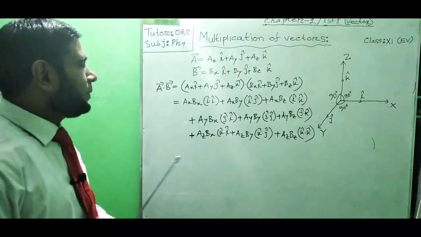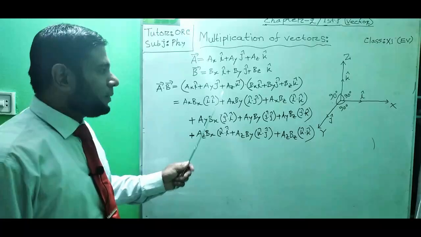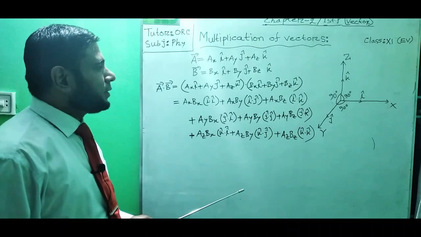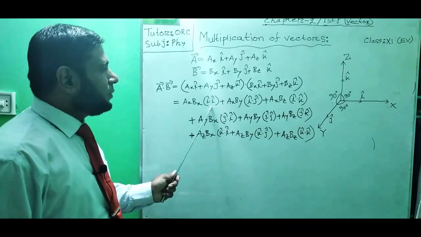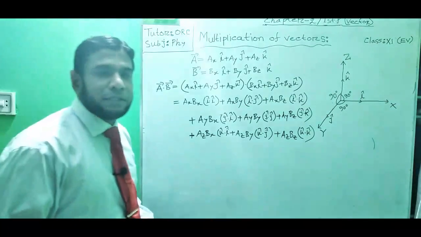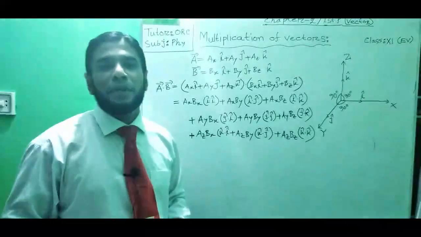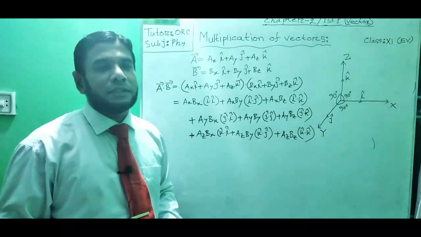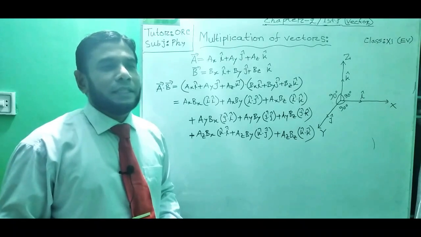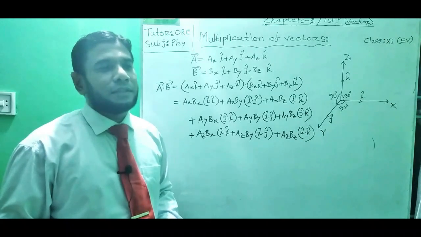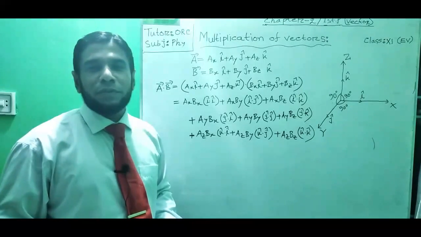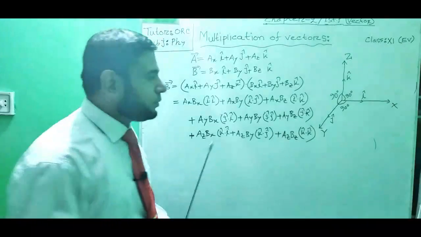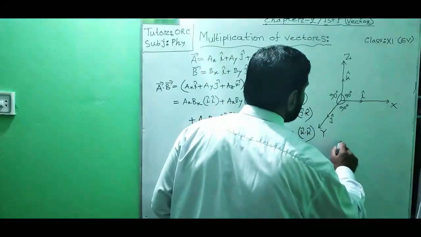So I have already multiplied according to the normal law of multiplication. Now we will substitute the resultant of the dot product of the unit vectors here. We know from our previous lesson that when we multiply the unit vectors with each other, if the two vectors indicate the same vector, then the value will be 1, and if the two vectors indicate two different vectors, in that case the value will be 0.